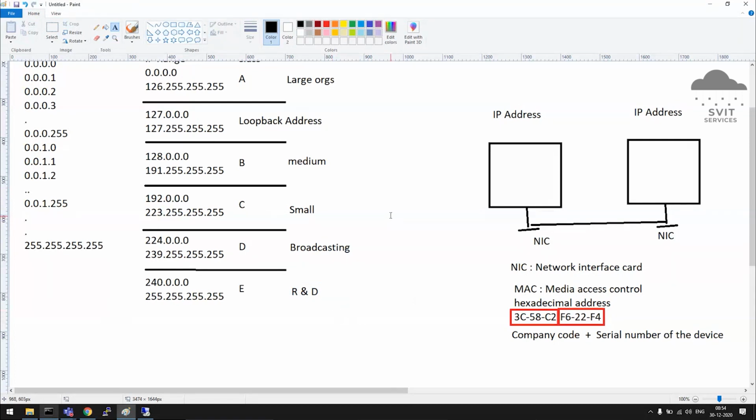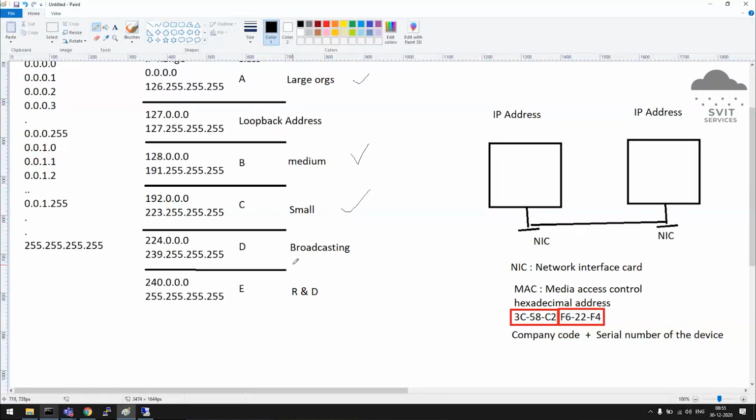Okay. Now our machines are instructed to accept an IP address from A, B and C only. These NIC cards are instructed to accept an address from A, B, C only. Class D, the normal RJ45 adapter will not accept. An address from E also it will not accept. These adapters will accept addresses from A, B and C only.